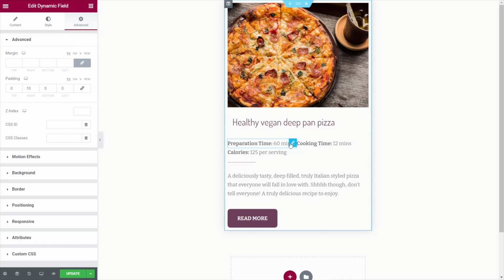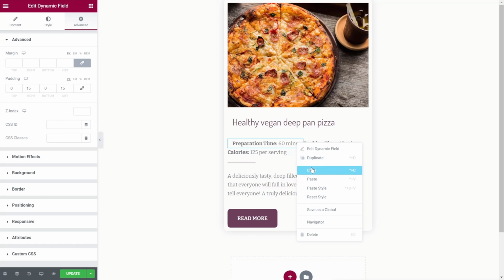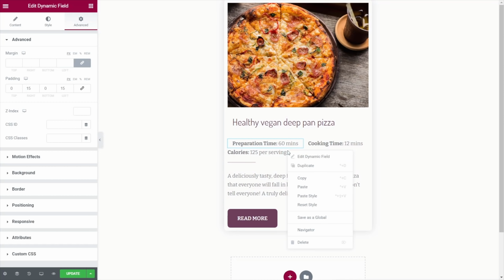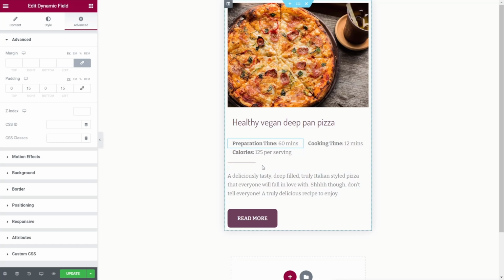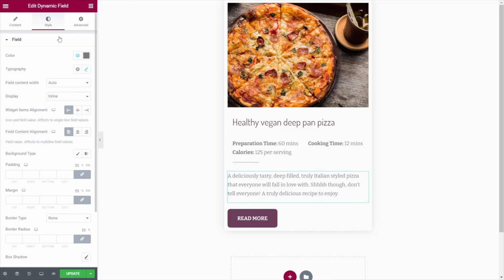And we're going to do the same with all of these. So what I can do is I can just simply come into left and right, and we just say 15 on left, 15 on the right as well. And then we're just going to copy this, and we're going to paste that style on both of those just to speed up the process. We're going to do the same kind of thing on here as well. So we want to put padding 15 right, 15 left, and finally we're going to do it on the text